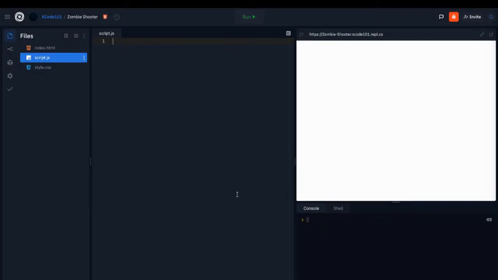Today I'll be creating a tutorial on how to create a zombie shooter game. So first you should open up your script.js file and you need to set up a canvas for you to draw on. So you need to create var canvas, and the var part is what you use to declare a variable, and